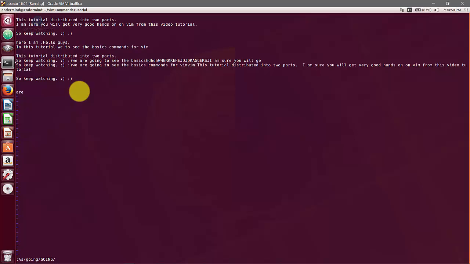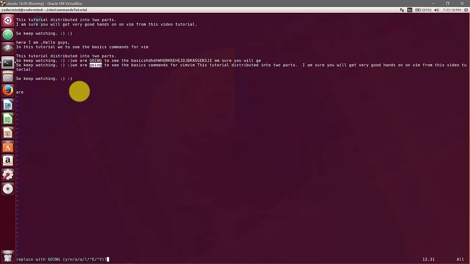So first is search, then I give the small going, and then I replace that small going with capital Going. After that, / and gc. Here c will ask for confirmation while updating the word.